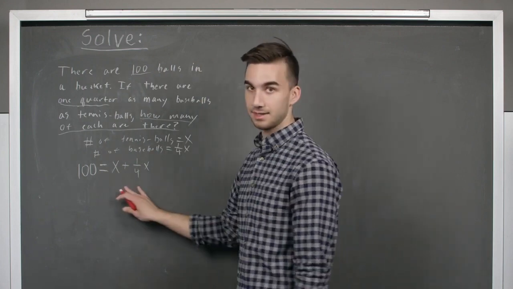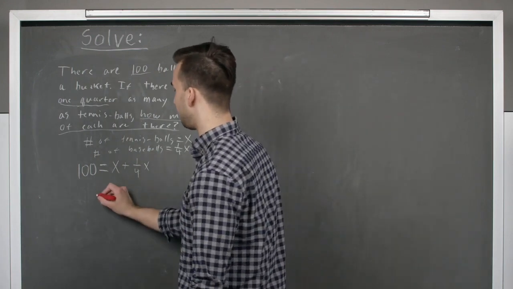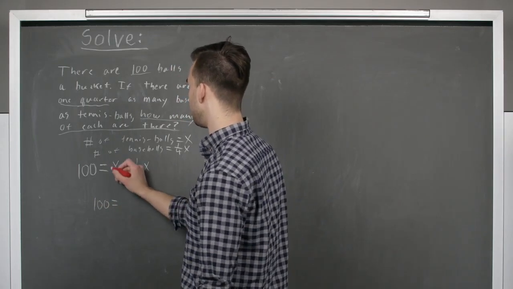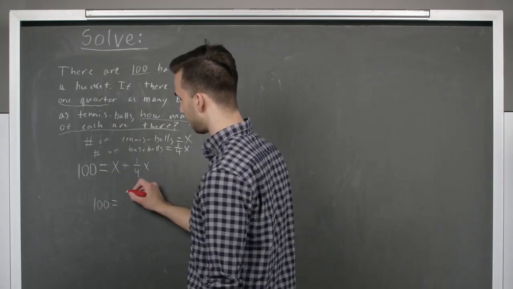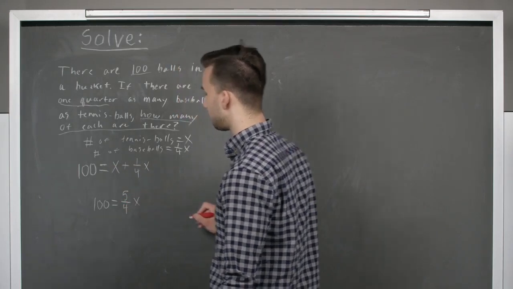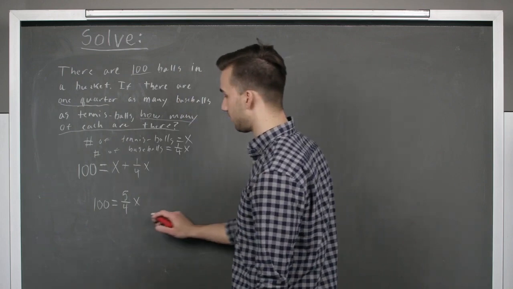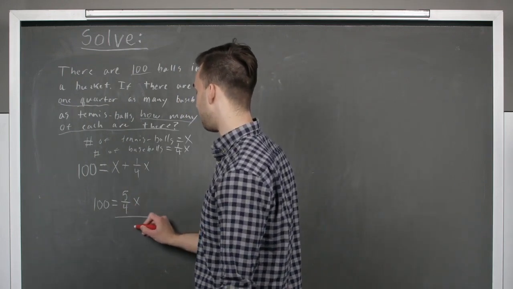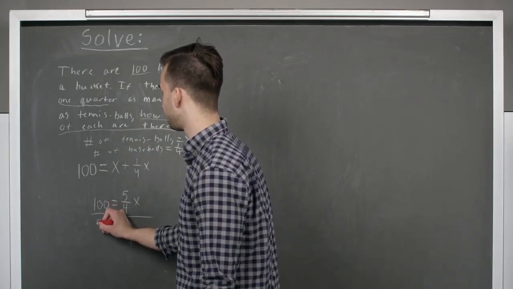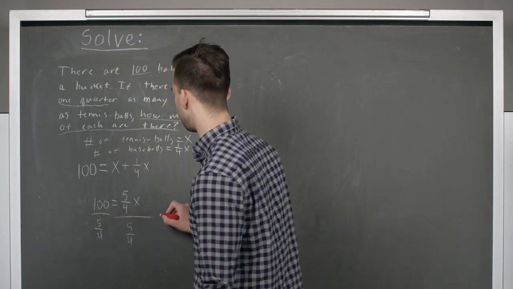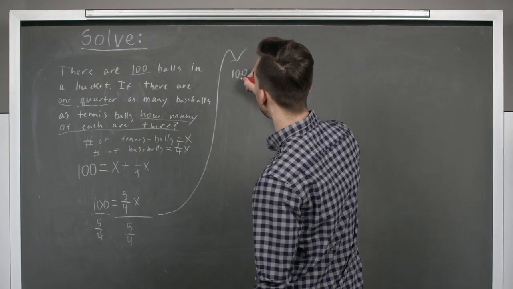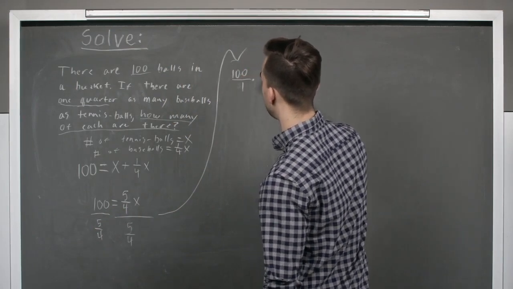If we combine the like terms here, we get 100 is equal to, let's see, 1 plus 1/4 is 5/4 x. So now what we need to do is just divide both sides by 5/4. Let's bring that up here. So 100 divided by 5/4 gives us